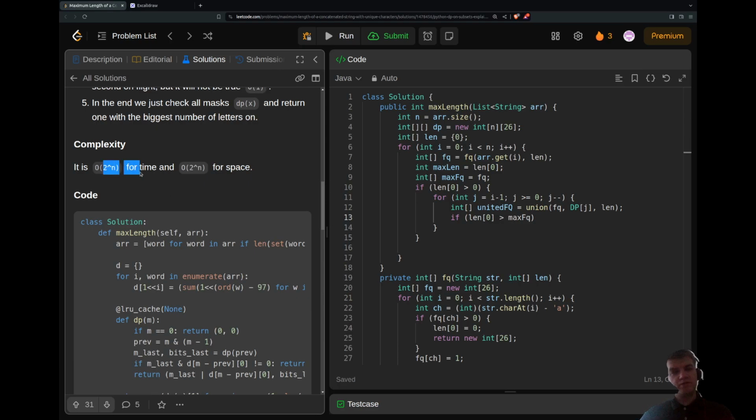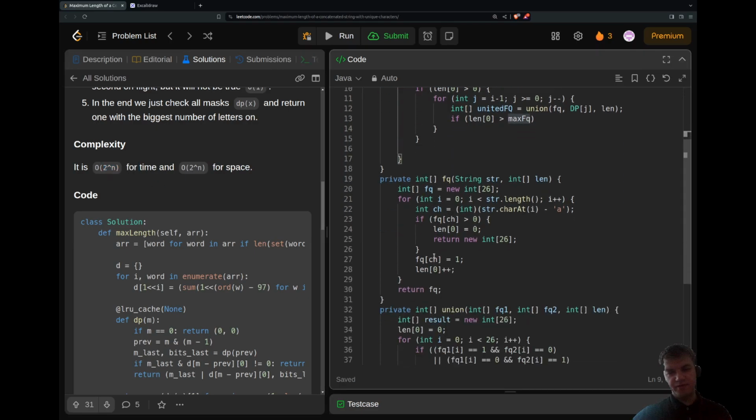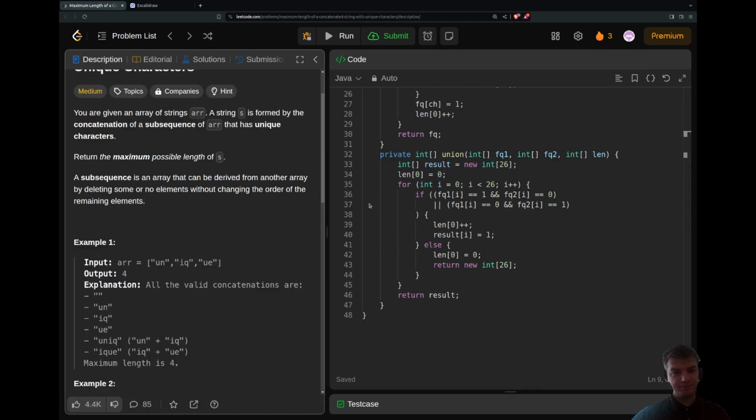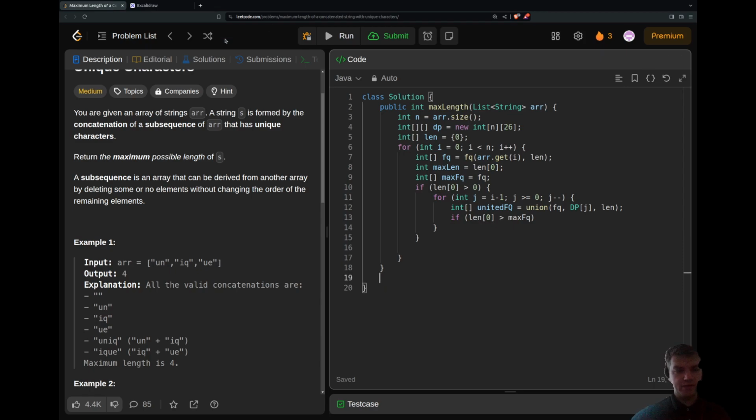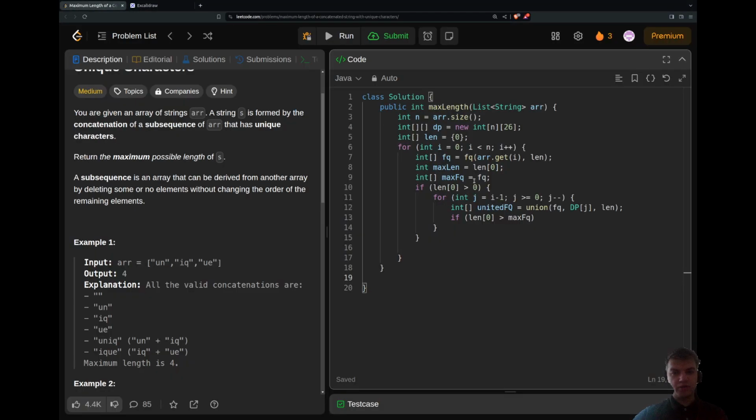But it's still 2 to the power of n, time and space. Okay, whatever. I don't want to solve it right now with dp. Let me solve it with bt. So I'll do this as I said. I'll do this branching. Let's check what time it is now. Yeah, I'll do the branching, and then